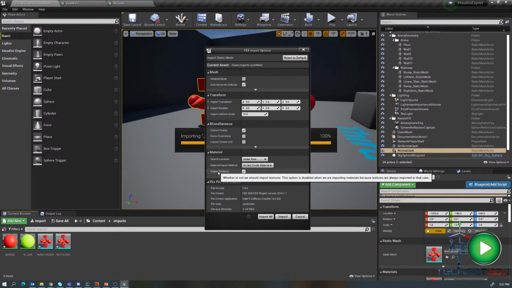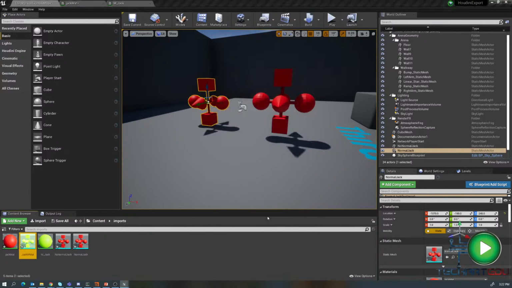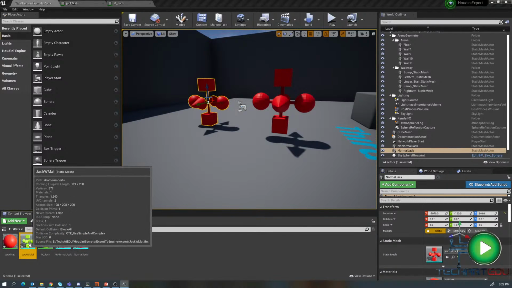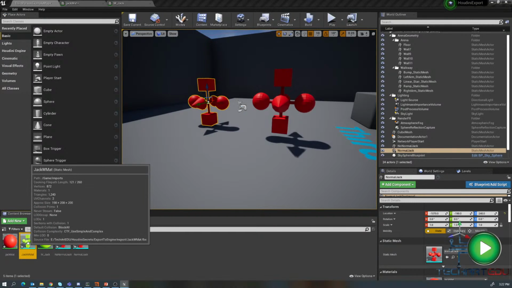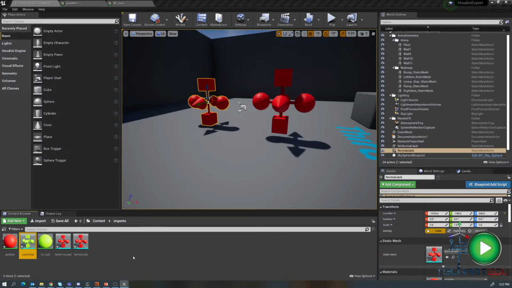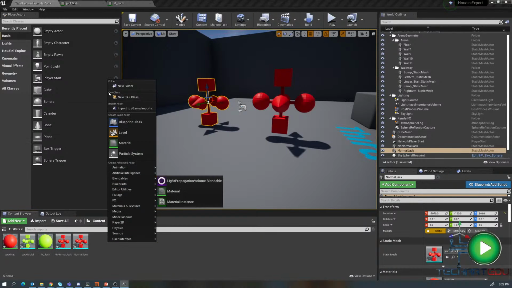And if you put import textures in here, then it's going to work pretty much as expected, and this is going to bring in the texture for us. So if I go ahead and import all, and it's making me a liar. All right, so if we go ahead and import this texture,